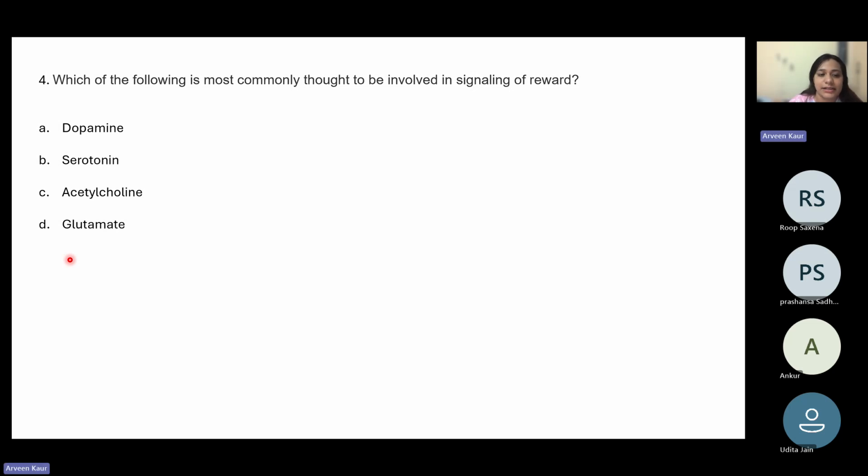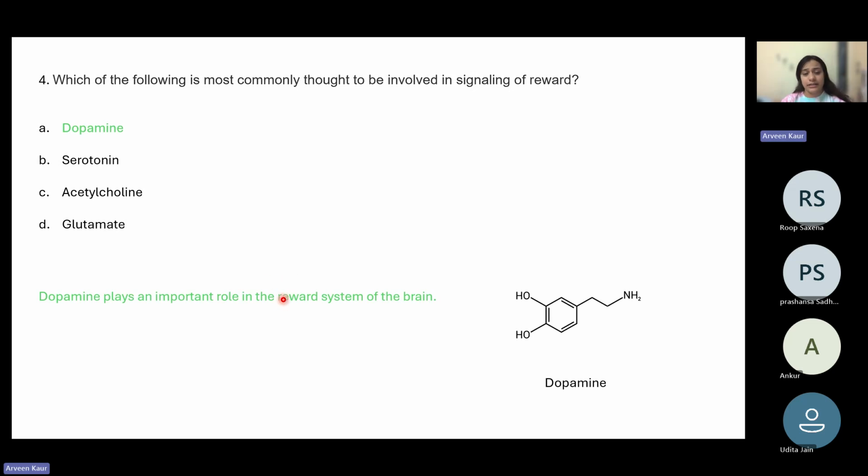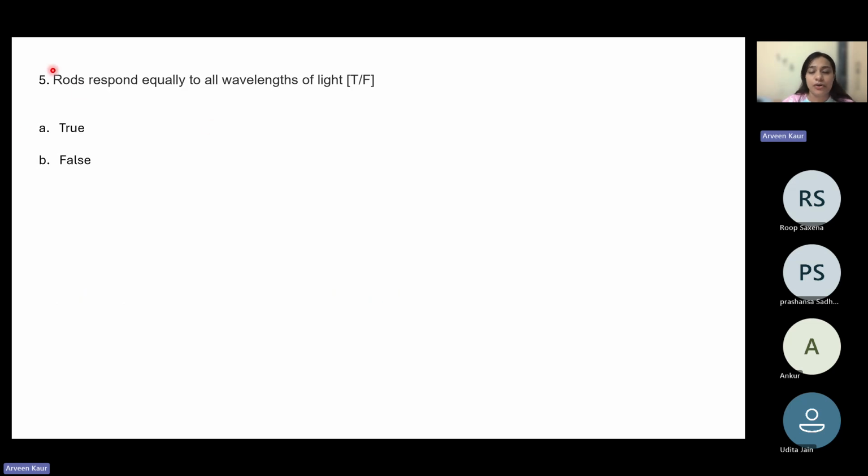So the reward one is actually dopamine, right? Dopamine plays a role in the reward system of the brain, right? Serotonin is a happy hormone. Acetylcholine is the one that is involved with the muscles, and glutamate is the other excitatory and the most common excitatory neurotransmitter. The rods, which are the cells in the eyes, respond equally to all wavelengths of